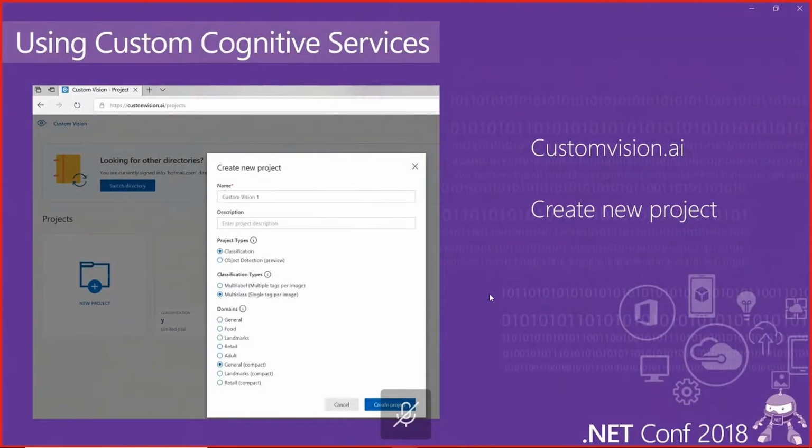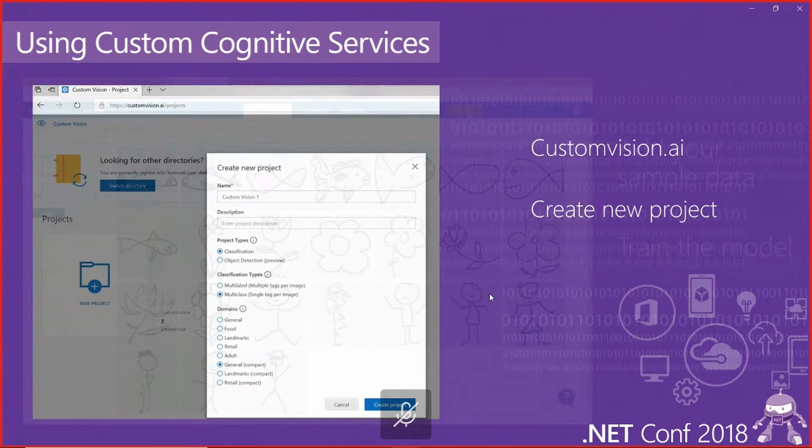It's really simple. Just go to the Custom Vision AI site, create a project. If we want to make the classification, then the project type should be classification. Classification type multi-class, because we want to classify several different domains, different elements. And if we choose as domain any that is compact, we can then export it to a lot of stuff that I will show you later on.